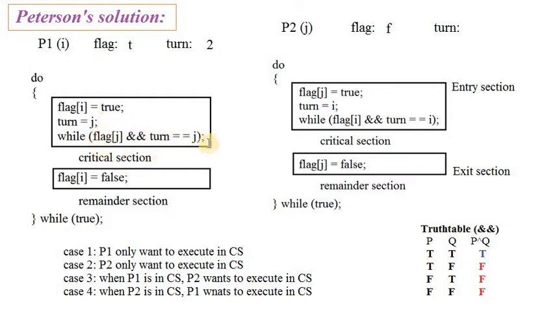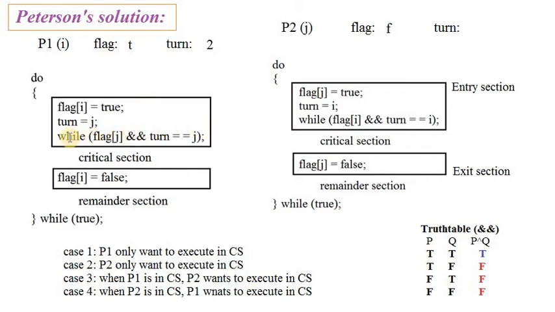And what about the second condition? Turn is equals to J. Whether turn is having the value as 2? Yes, turn is having the value as 2. So the second condition is true. The first condition is false, second condition is true, and the operator is AND operator here. When a condition statement has AND in between the two conditions, we should follow the truth table of AND. Whenever first one is false, second one is true, the final result will be false only. So that means the condition gets failed now.